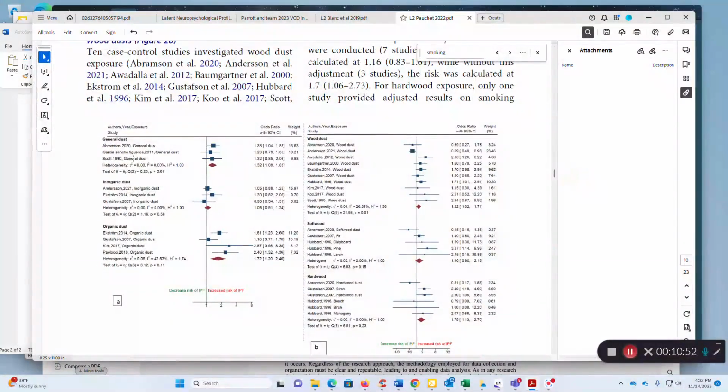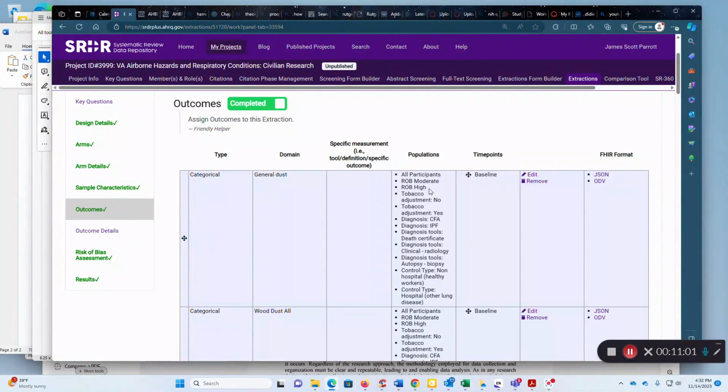Down here. Okay, so we have general dust, inorganic dust, organic dust. How does that look in our extraction? It looks like this. We also have the populations, okay? Remember, one of the things that Pache did was they presented the results in different ways. So you have the total, that big picture I showed you, but then within the narrative, they also give